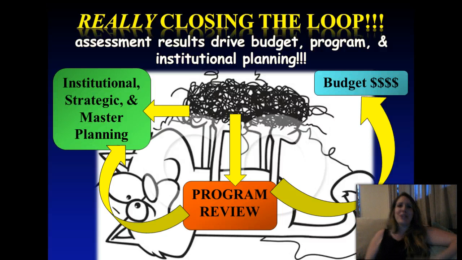The ACCJC wants to see that our planning at the college, our decisions we're making on devoting resources, hiring, et cetera, growing programs, this is all based on data. It's not based on what we feel like doing or the politics. It's based on real hardcore assessment data and the dialogues that come out of it. So this is what we mean by closing the loop, making everything tied together.